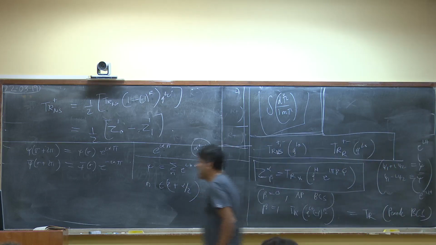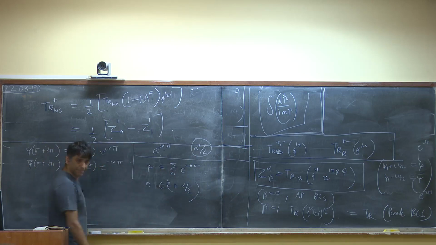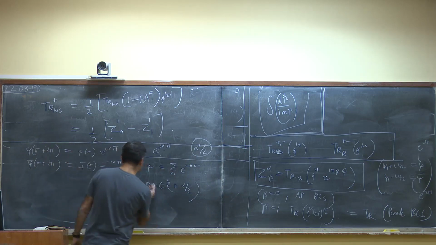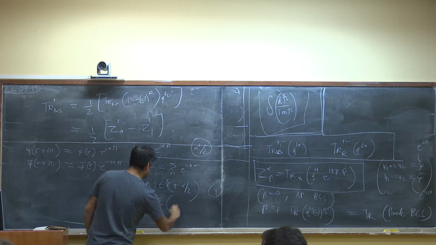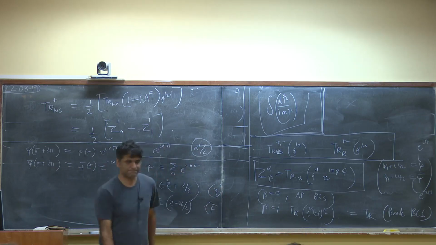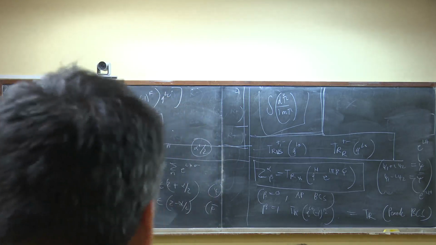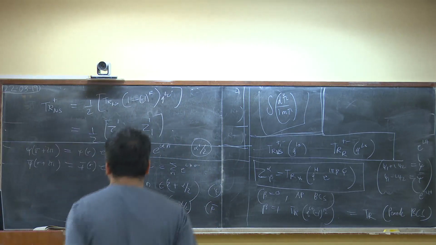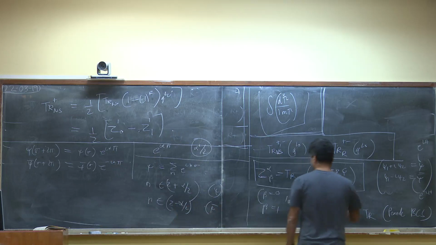Okay. And so, on the other hand, what is the moding for psi bar? The moding for psi bar is similar. This is for psi, but n goes to z minus alpha by 2 for psi bar. Okay, so now let's compute this z alpha beta. Let's keep this line here.